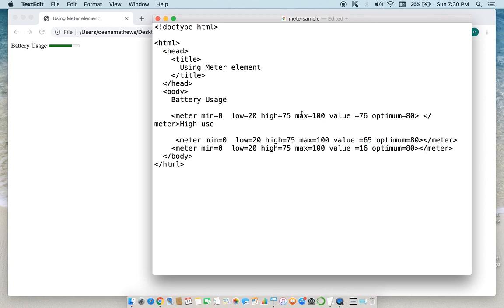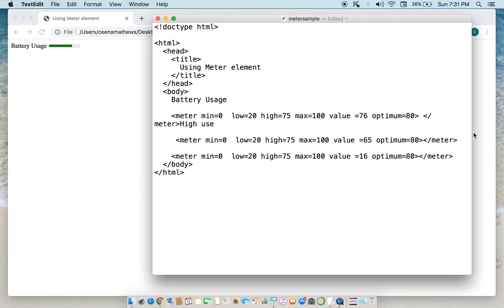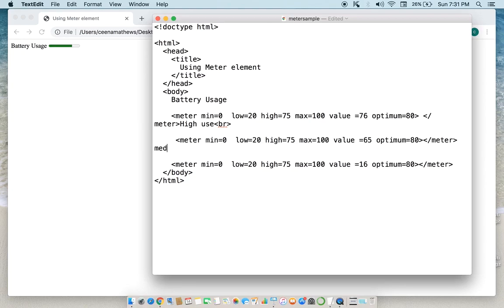So 76 falls within high and max values, so it indicates the high use. I'm going to use here the break element, to display the meter elements on new lines. So this will be displaying the medium use.